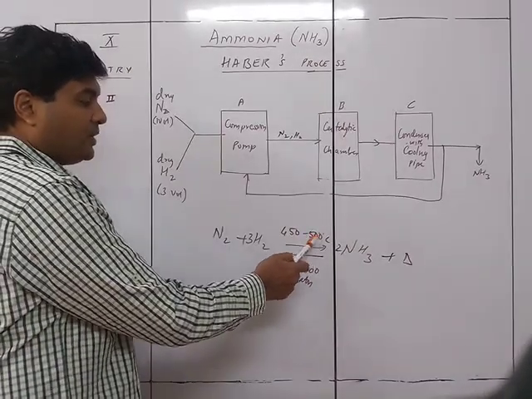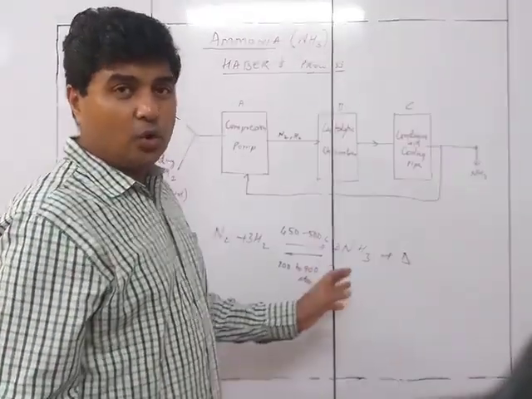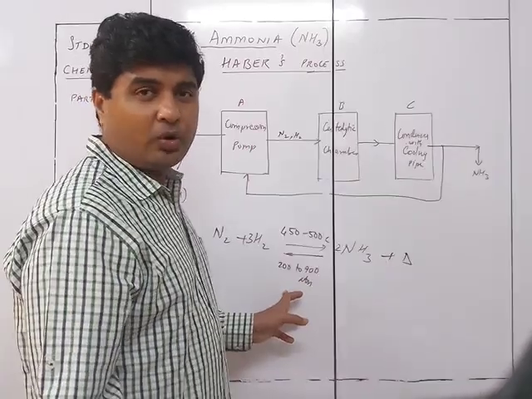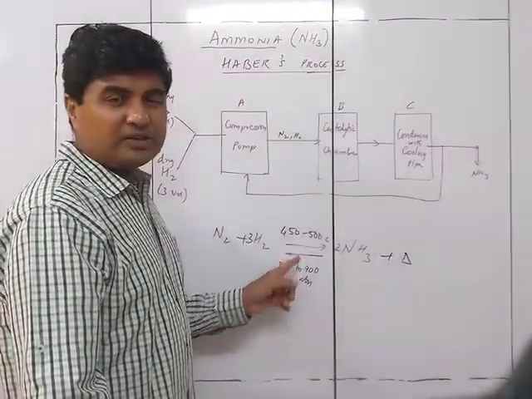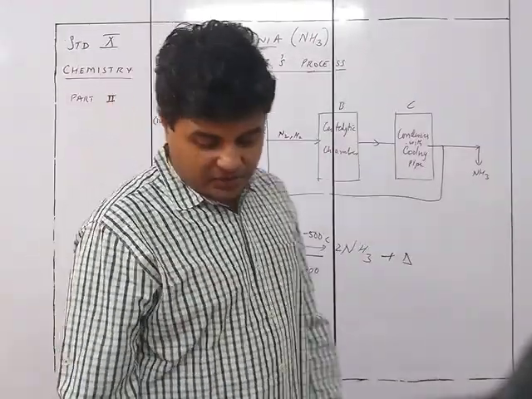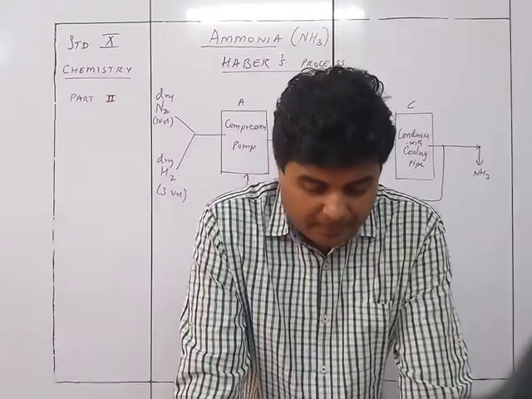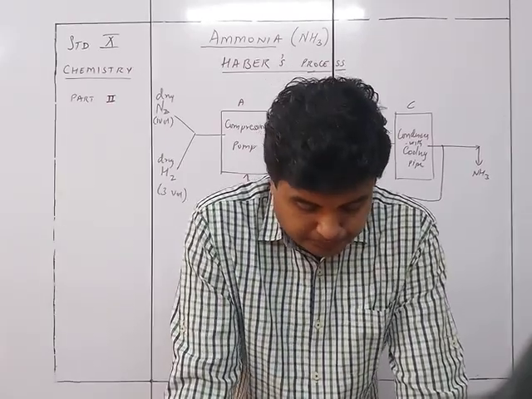Under that particular high temperature, of course they don't call this a high temperature, they call it a low temperature, because the pressure accordingly is very high. Compared to the pressure, the temperature is low. That's why low temperature and high pressure is used to get the best yield. So we see that 450 to 500 is the optimum temperature, and 200 to 900 atmosphere is the optimum pressure.